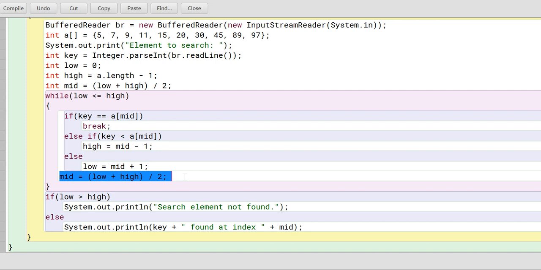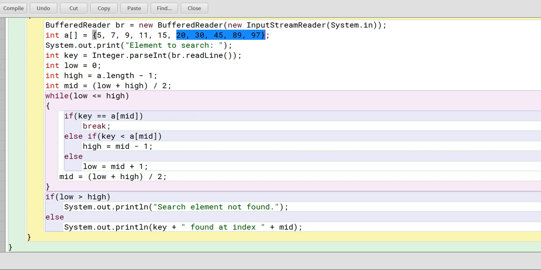That's why this kind of searching is preferred for a long list, because it will take less time. From the very beginning it checks whether your element is in the first half or the second half.